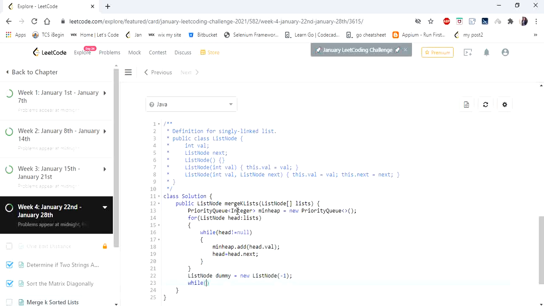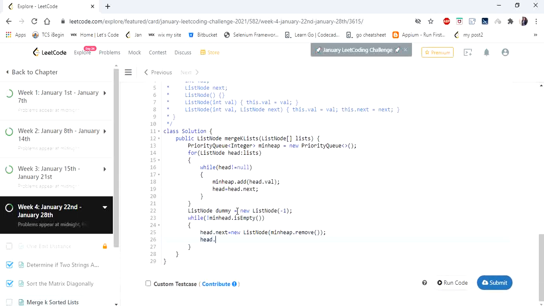So again, if the min heap is not empty, because the min heap should have values to add to the output list, we are going to create a node with the value from the min heap, that is the least value from the min heap, and remove it from the min heap. Now the least element is saved in head.next.